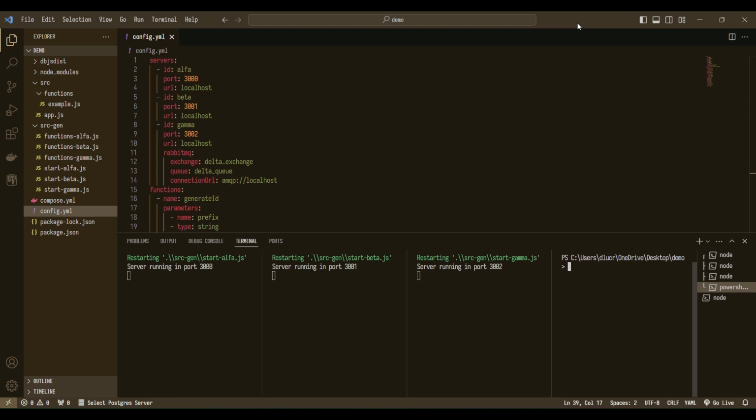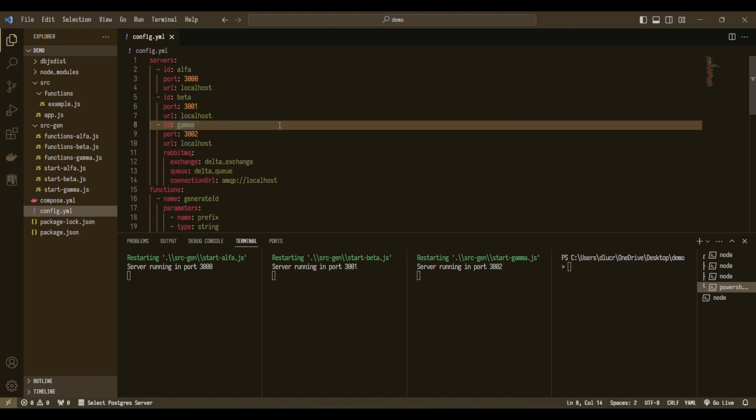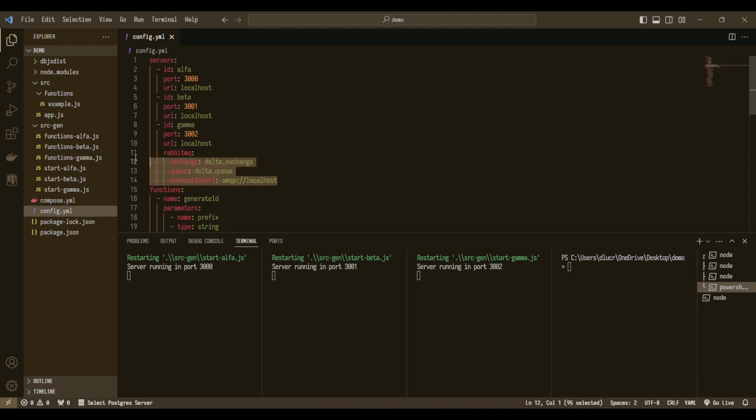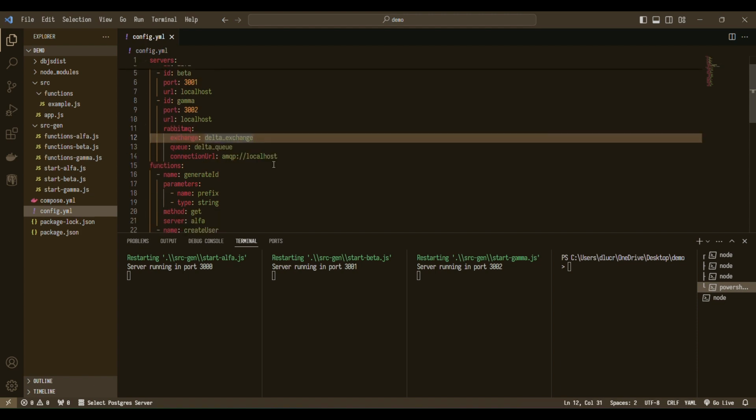JS-Distributor can also help in changing things after it is already implemented. For example, let's do this. I have added a new server called Gamma, which is configured for port 2002, and it also is configured to support RabbitMQ. Right now, I have already started the 3 servers in watch mode, so as I change the files,